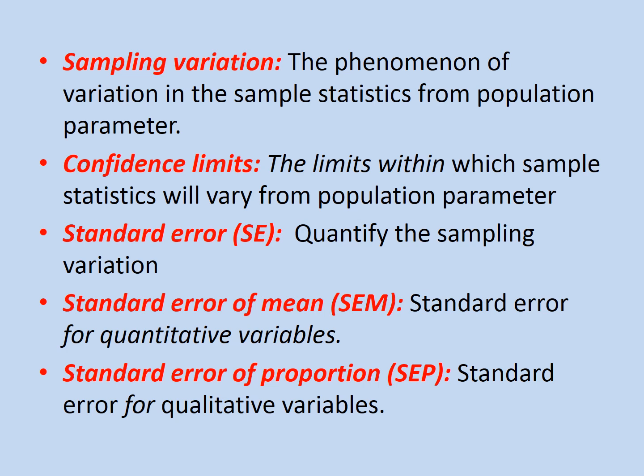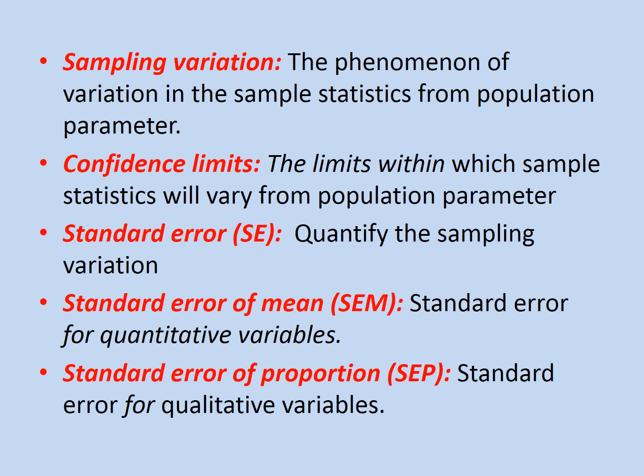Second, if your data is quantitative, I have told you the details of this quantitative data in the first lecture. Quantitative data means your data is measurable and has some unit, like your height or weight, or hemoglobin levels. So quantitative variables can be of interval scale or ratio scale. Please go to the previous lecture to understand the concept of quantitative variables. If you want to measure the standard error for quantitative variables, that term is called the standard error of mean, SEM.